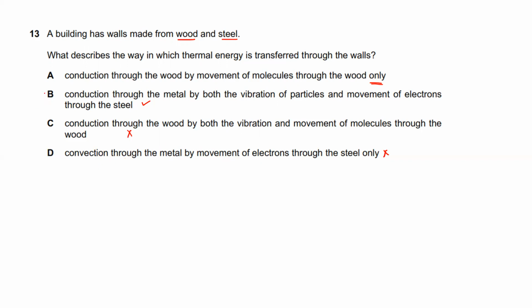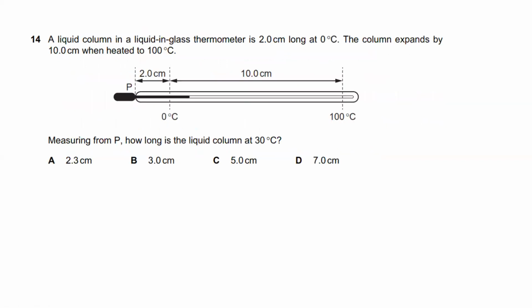So the answer B is the best choice we have here. Next question, question number 14. It says a liquid column in a liquid in glass thermometer is 2 centimeter long at 0 degree centigrade. The column expands by 10 centimeter when heated to 100 degree centigrade. So measuring from P, so from this location, how long the column will be, how long the liquid column at